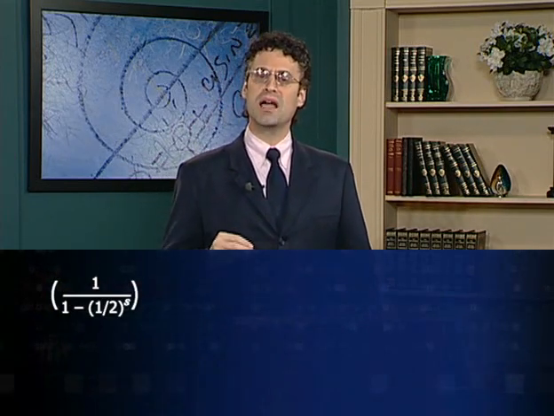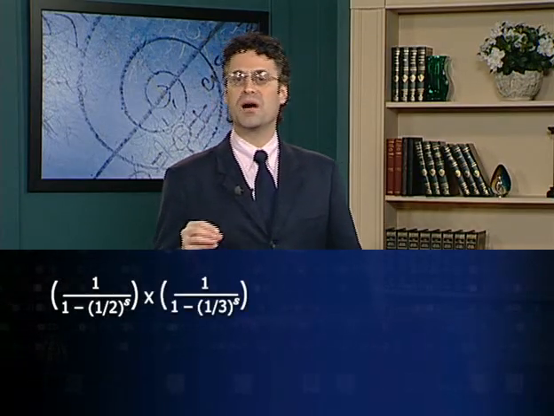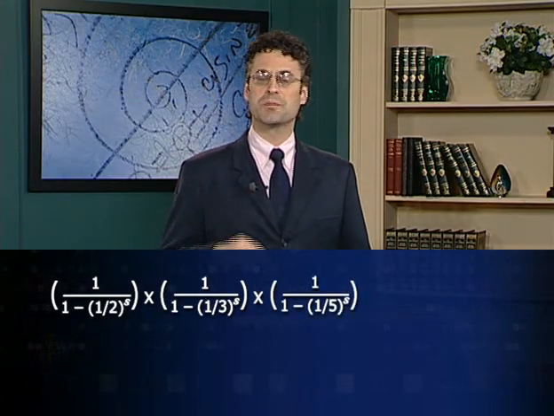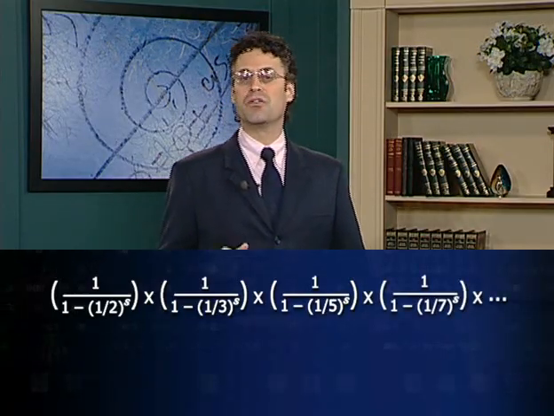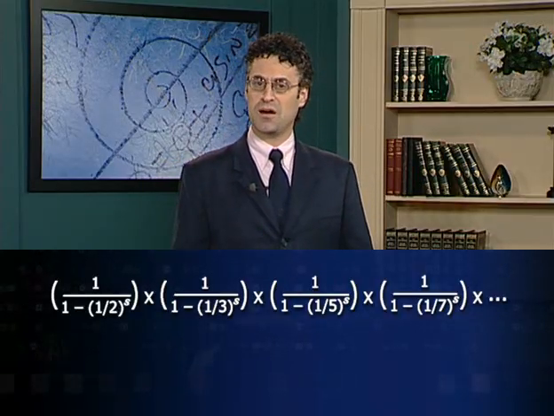Well, applying the same reasoning as we just found, we could actually verify a slightly more general product formula that's also due to Euler. Namely, for any number, let me just call it S, he proves that the reciprocal of 1 minus 1/2 to the S power times the reciprocal of 1 minus 1 over 3 to the S power times the reciprocal of 1 minus 1/5 to the S power times the reciprocal of 1 minus 1/7 to the S, and so forth, take the product of all these primes, but now raised to the S power,